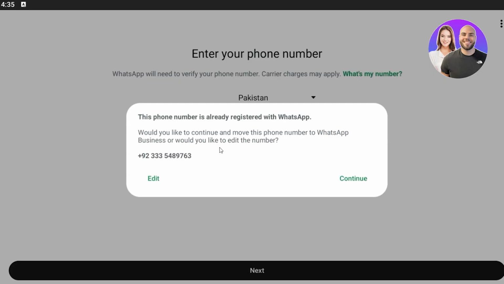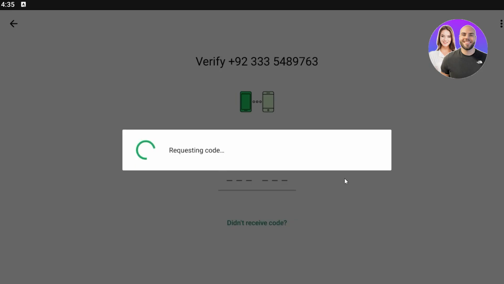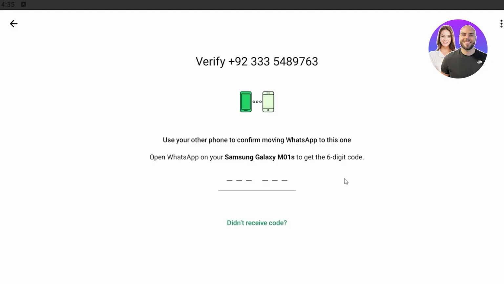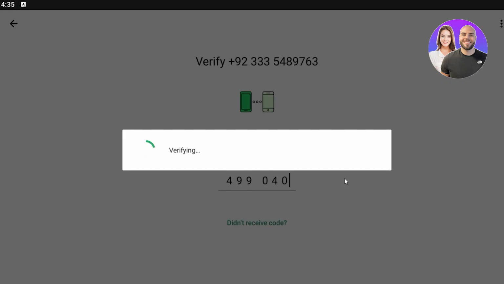Would you like to continue and move this phone number to WhatsApp Business, or would you like to edit the number? So of course, we're going to hit continue right here. And once you do that, as you can see, WhatsApp is going to request a code from you. So I just got the code on my phone. The code is 499040. Now, once we add that in, WhatsApp is going to go through with this verification. And once everything is good to go and properly verified, WhatsApp will take us straight to the